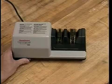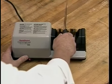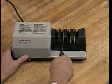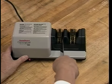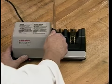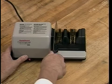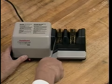Normally, 2 to 3 pairs of alternating pulls in Stage 1 will be sufficient to create a burr, unless the knife is very dull or has been sharpened with a steel since the last sharpening with the Model 2000. In the latter case, more pairs of alternating pulls in Stage 1 may be required to reform the edge facets